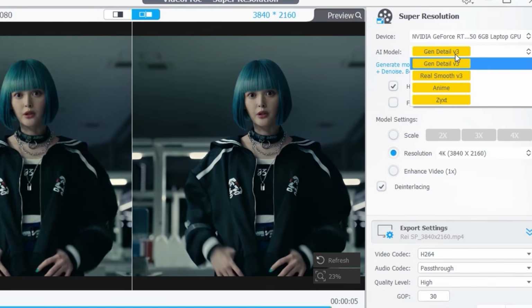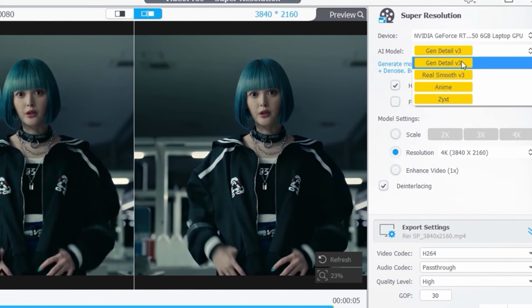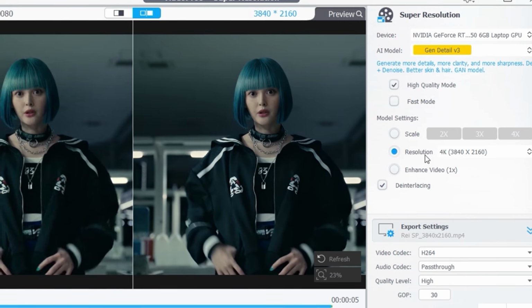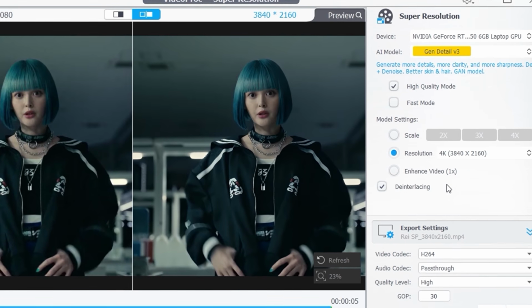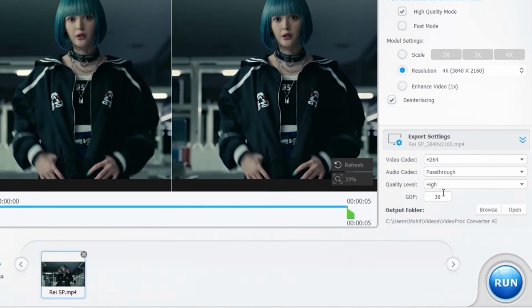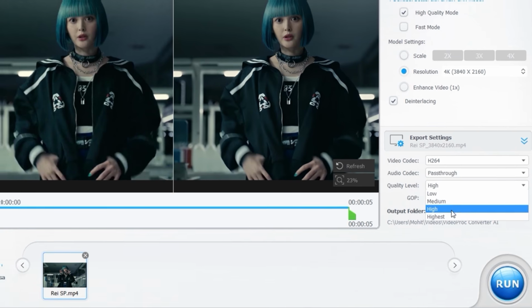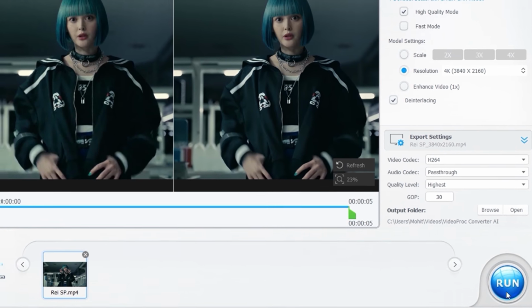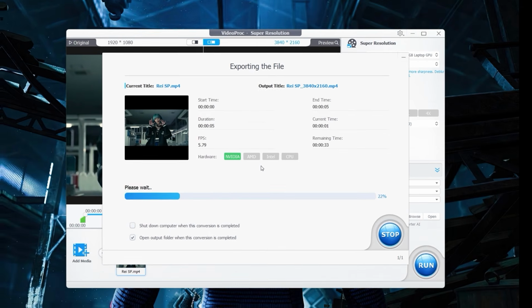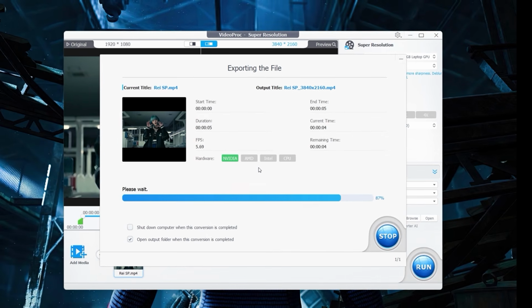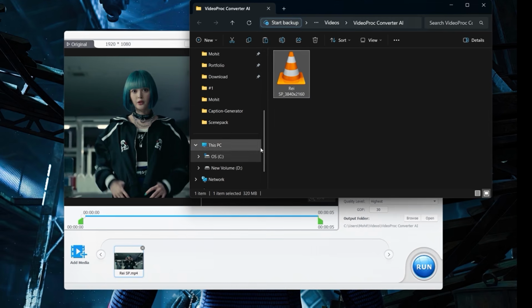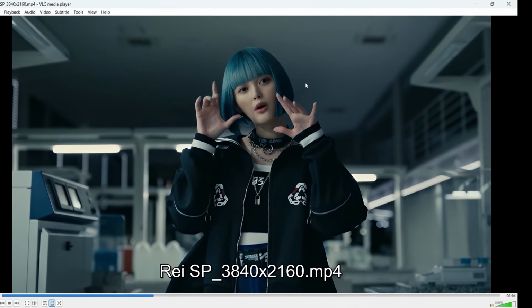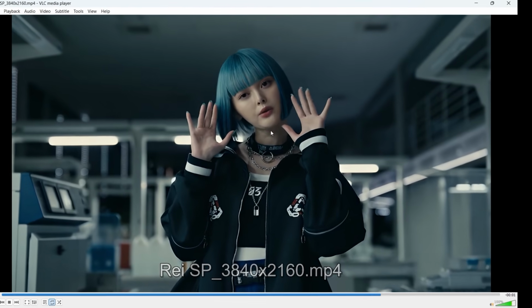From this section, you can also select any AI model you prefer. I'll keep it on Gen Detail V3. Finally, for exporting, choose the highest quality settings and click Run. And that's it. Here's the final result. We'll be adding CC to this video in CapCut, so make sure to watch till the